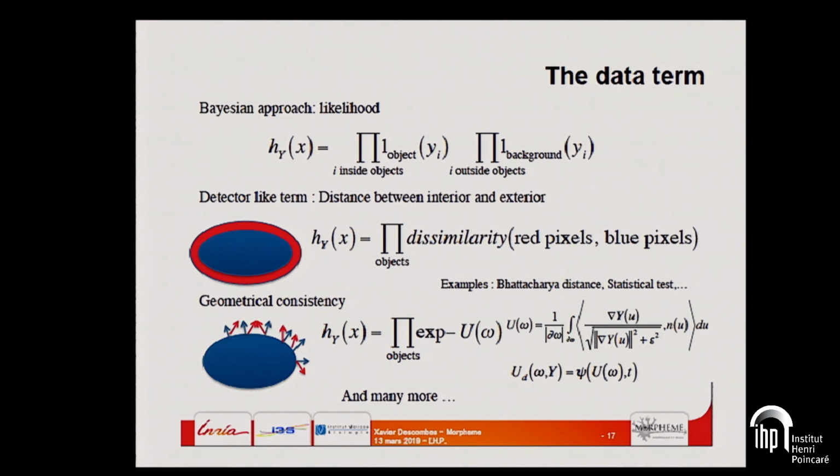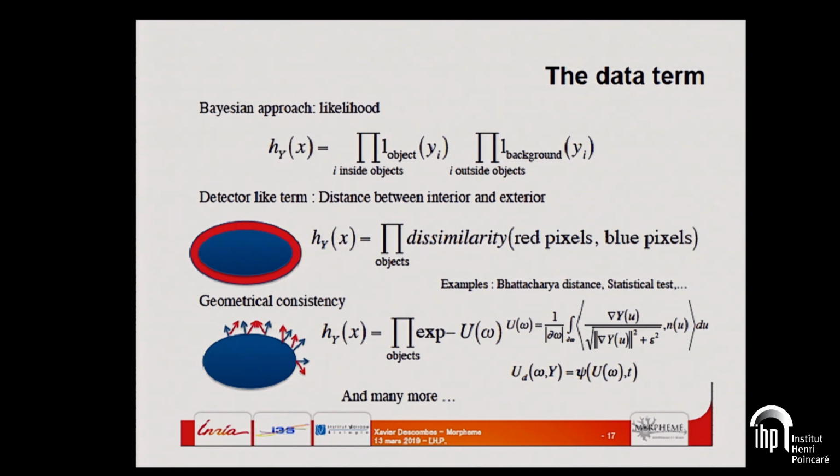But nobody obliges you to do this. You can also say that what I want to do is just to detect some objects, and I know that there are a lot of things in my image. Using this first approach can be difficult because maybe I can have a likelihood for my object, since I can characterize its intensity, but my background can be very heterogeneous. I can have a lot of objects, so usually I have some problem doing it. So if I put some geometry in my model, why not put some geometry inside my data term? For instance, I can just define a dissimilarity function between pixels inside my object and pixels outside my object.